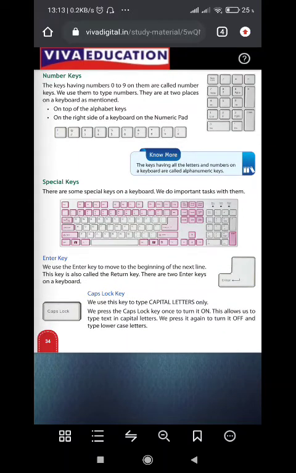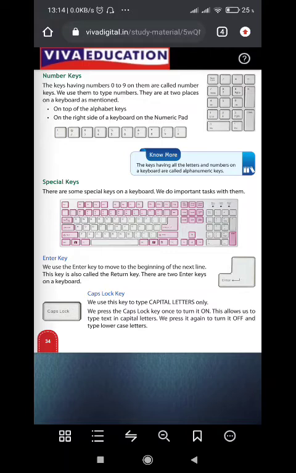Next is the caps lock key. We use this key to type capital letters, and you will get this key on the left-hand side. It will be written like caps lock. We press the caps lock key once to turn it on. By default, whenever we type alphabets, they will be in small letters, and when we press this caps lock key once, it will be on, and whatever letters we type will be typed in capital letters.